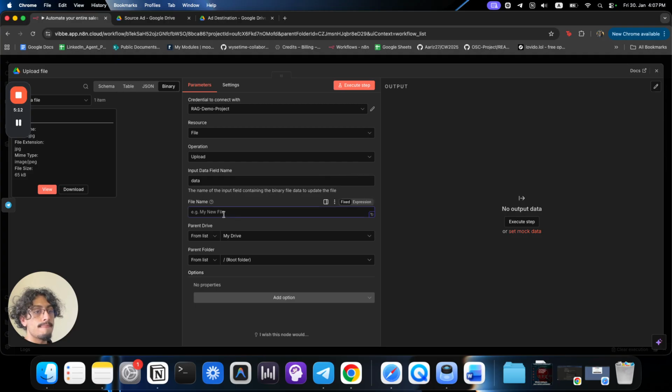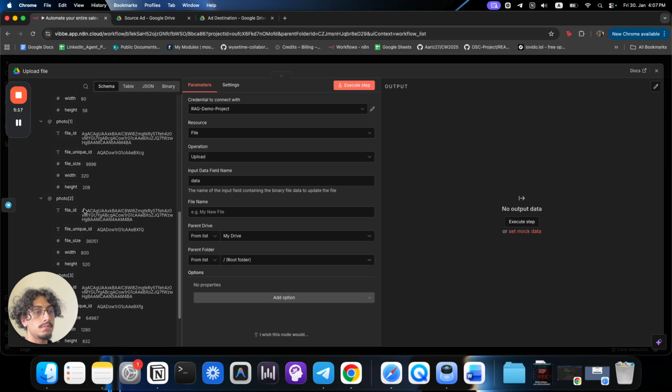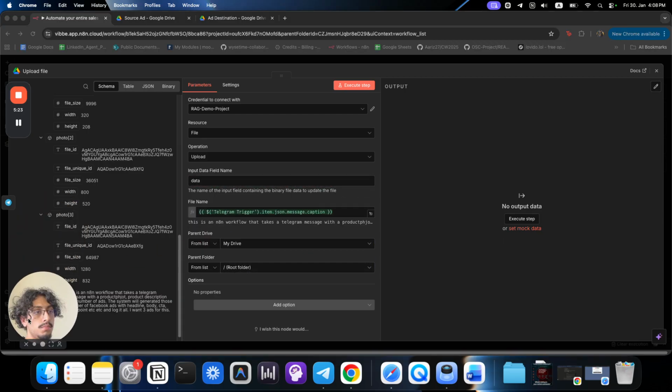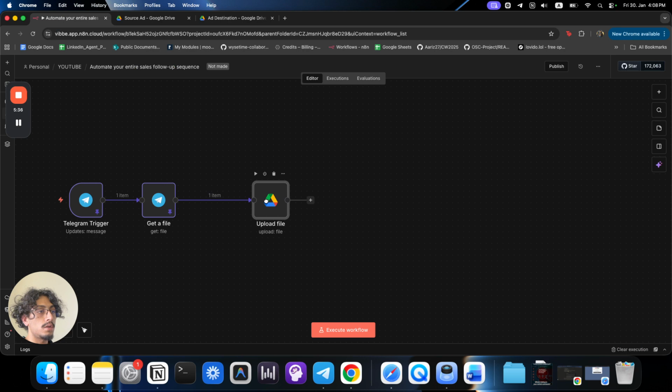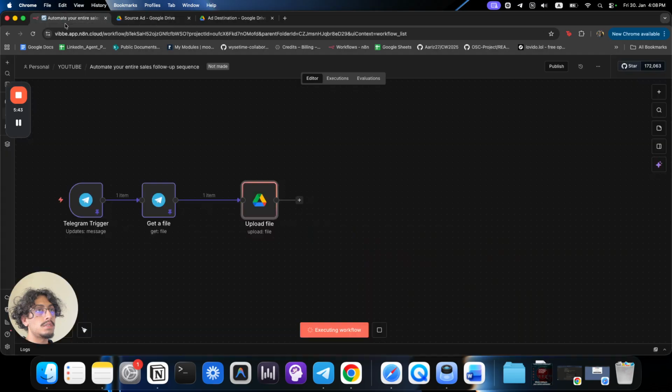File name, I'm actually just going to name it the caption, just because this makes the most sense, so we know what image it is about. Okay, and we're going to upload the binary file, and from list I'm going to go to by ID, and that's where I'm going to paste in the ID of the folder. So now if I execute this entire step and I come to source add, we should see it give us,